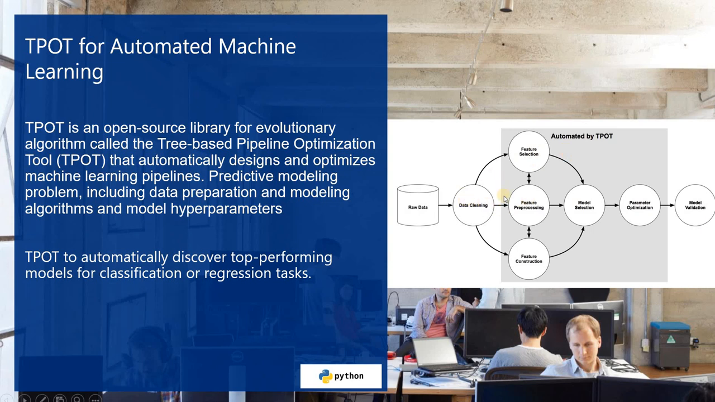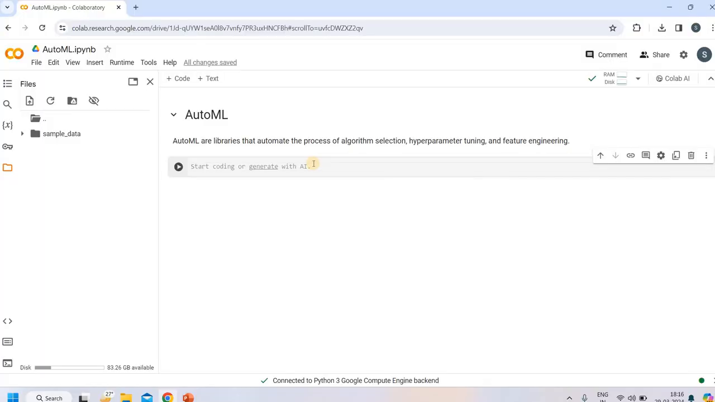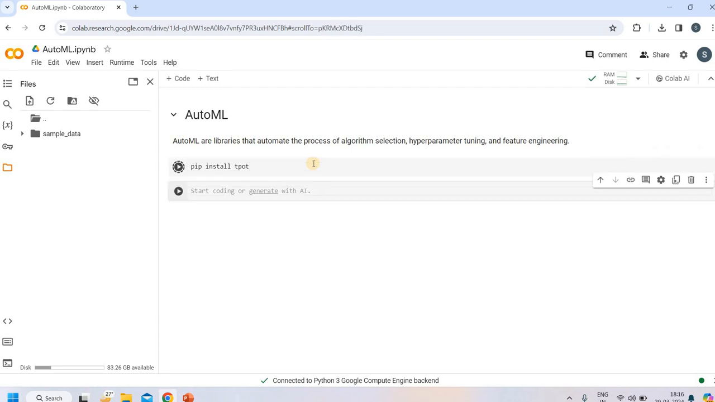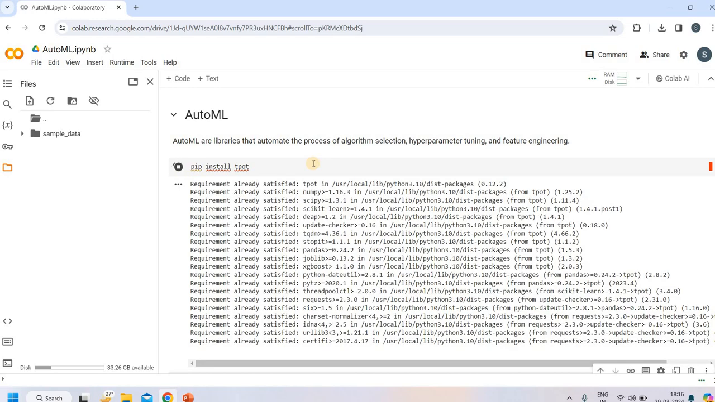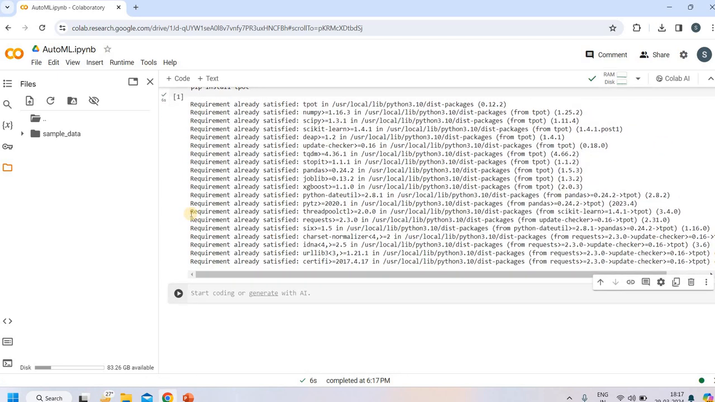So this is the process for TPOT. Let's do one Python code using TPOT, to see how TPOT works. First of all, I'm importing the library TPOT. So pip install tpot. My library will be installed. This library is already installed in my Python, my Colab. Then I'm writing here to import my TPOT library. From tpot import TPOT